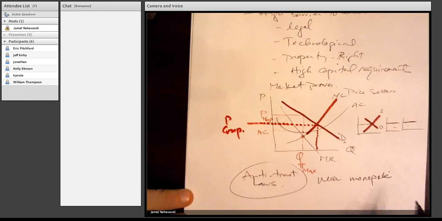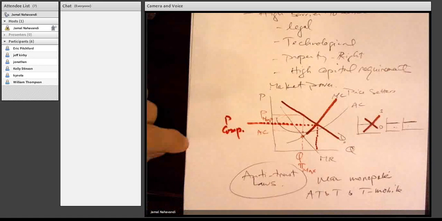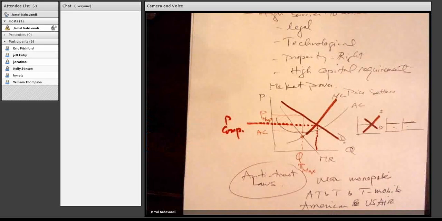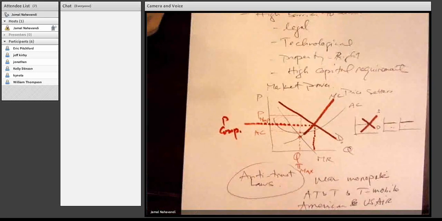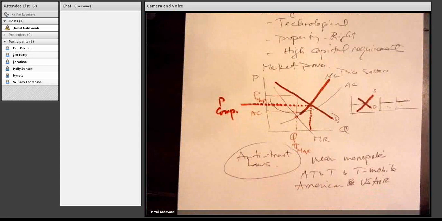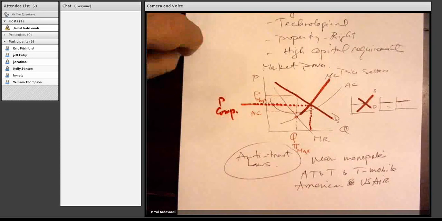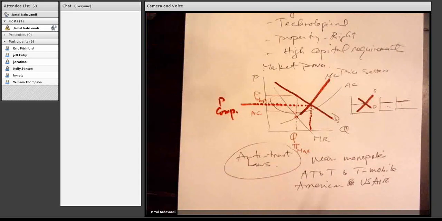That's why the AT&T and T-Mobile merger was denied. I think American and US Air did merge and did not face regulatory obstacles, so they're effectively one company, and eventually logos will all change and so forth. But there are times that the government will step in and prevent the merger of firms